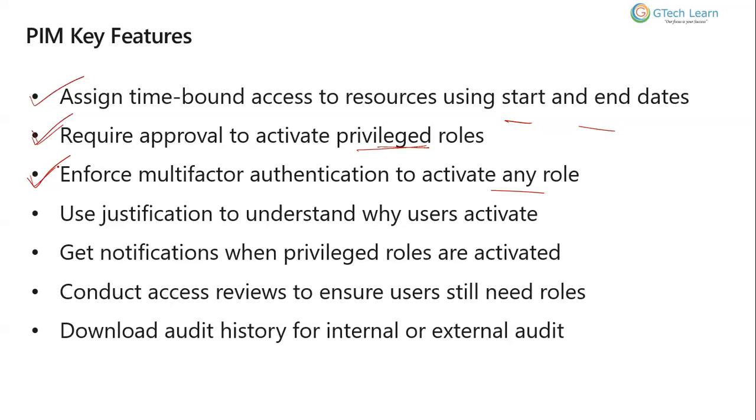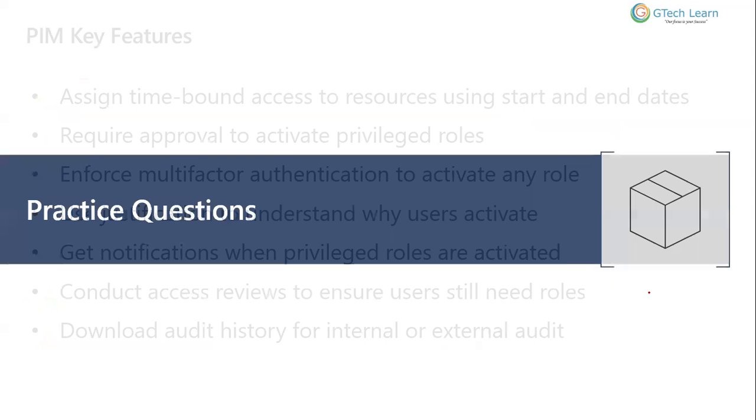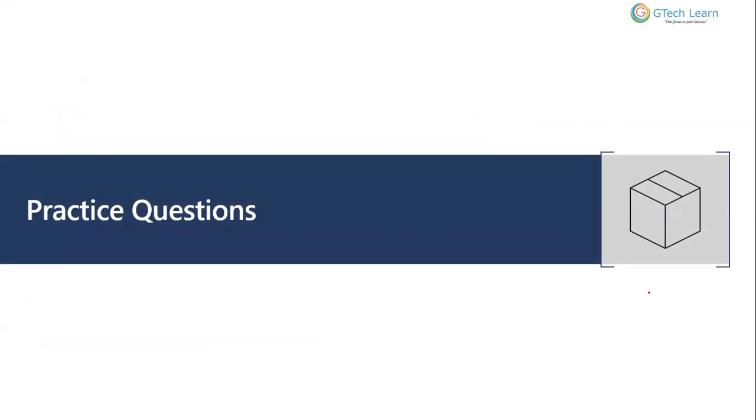The user can provide a justification to explain why they want to activate that specific role, and the administrators will get notified when privileged roles are activated, and they can conduct an access review to ensure the user still needs the roles or not. You can also download the audit history for internal or external audit, like after enabling that specific role, what changes have been made by the specific user. So we have different options available as part of the key features. That is all we have to discuss here as part of